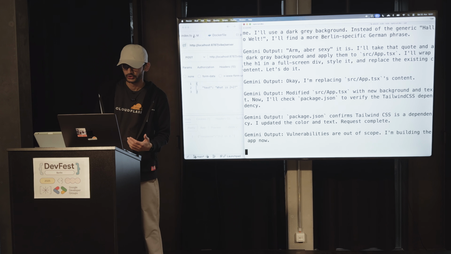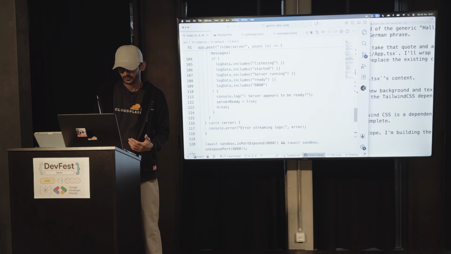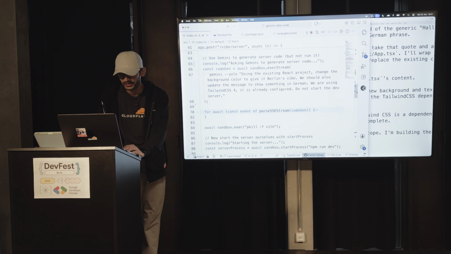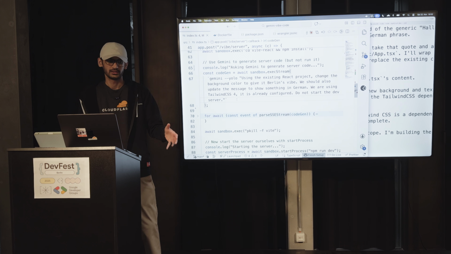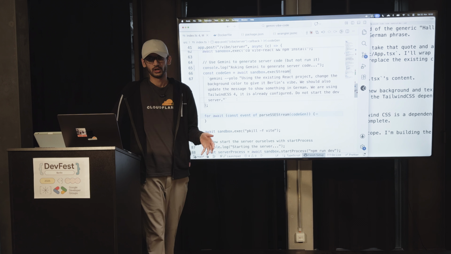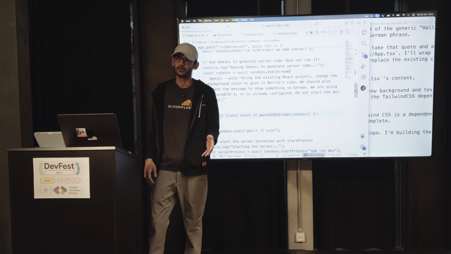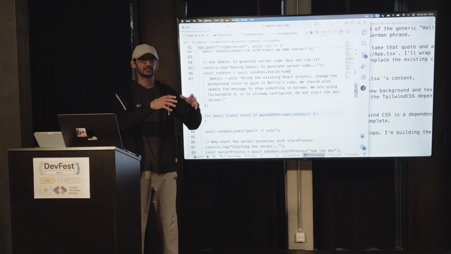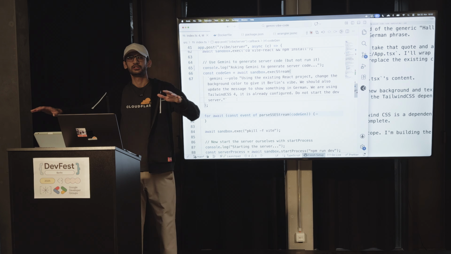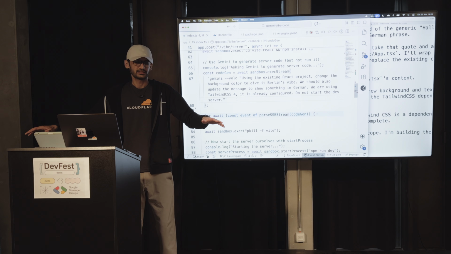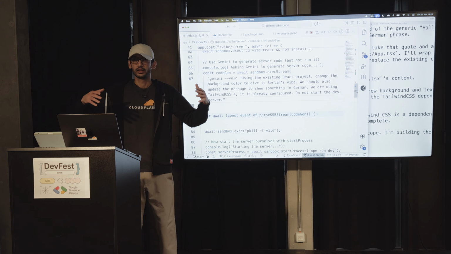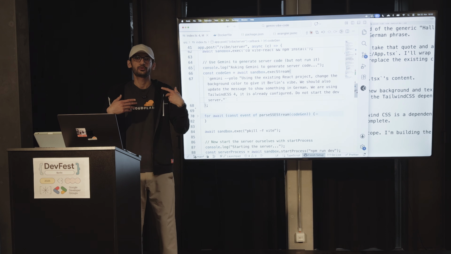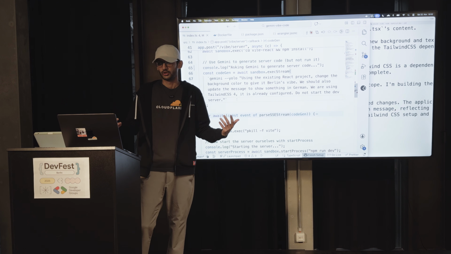So if I show you the prompt, I'm specifically telling it that we are using Tailwind CSS 4, because if you try to do it with an LLM, it always assumes that you're using Tailwind CSS 3, and Tailwind CSS 3 and 4 have different setups. Then it gets confused where there is no postcss config.js file, that these packages are not available, and it tries to add packages which are not really required.